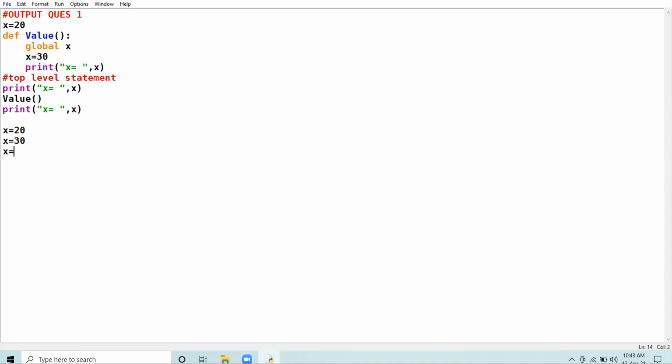The answer will be 30 because we have used this global keyword to indicate to Python that we are working with the global variable itself. We are not creating any new variable with the name X. So it is 30.